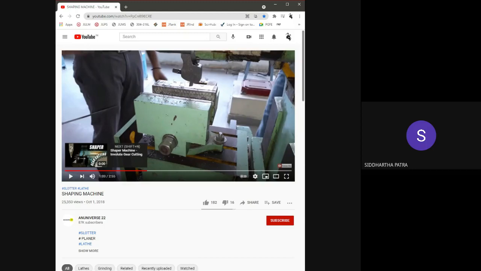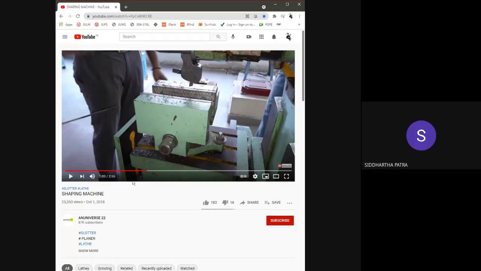So the cutting tool, I'm talking about this sharp object right there, removes chip from the surface of the job only in the forward motion. In the backward motion, it doesn't remove any chip. So the backward motion is there only to give some rest to the cutting tool, because when it is removing chip from a surface, it would be generating heat, it would be having friction.